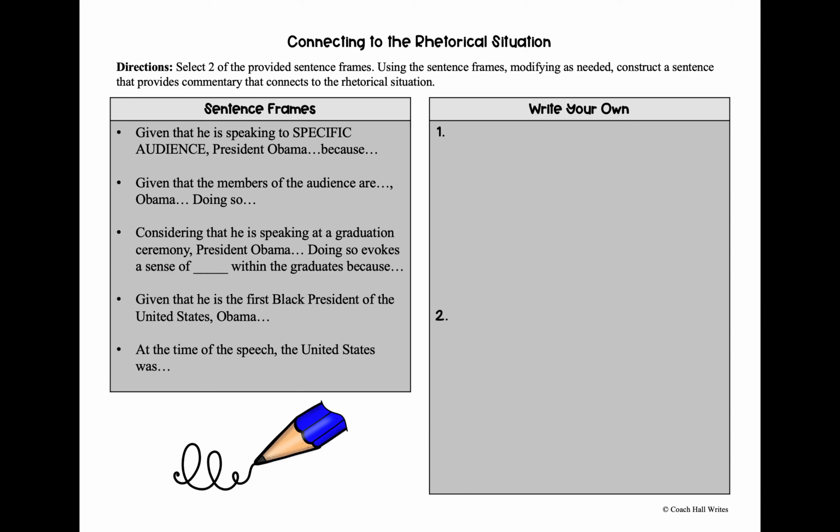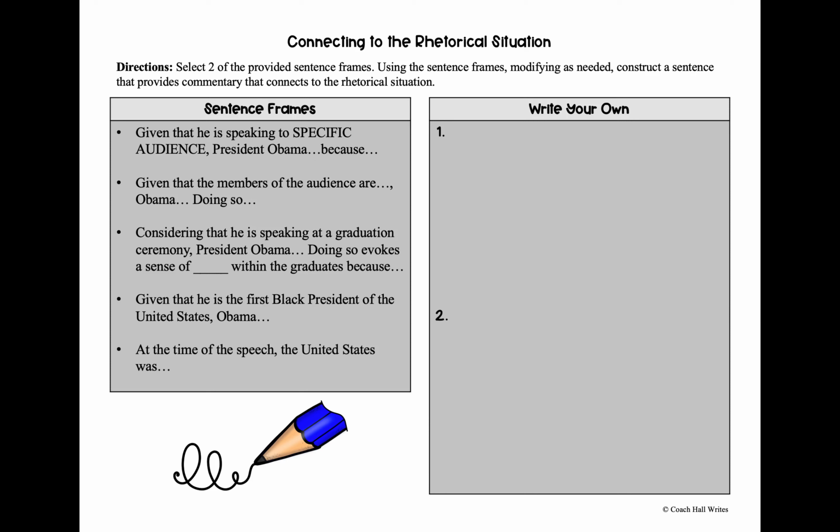The fourth sentence there says, given that he is the first Black president of the United States. I have a sentence frame that I use with my students that basically asks them to address the credentials of the speaker. So for this one, I filled it in for you. But the idea here is to think about who the speaker is and what his credentials are, because that would influence the speech as well. So we want to make sure that we're very careful about how we finish the sentence. The beginning of the sentence has to go with the rest of the sentence that we write. So what choice does he make that is relevant to him being the first Black president of the United States? You might think about some of the times when he used personal pronouns like I or we.